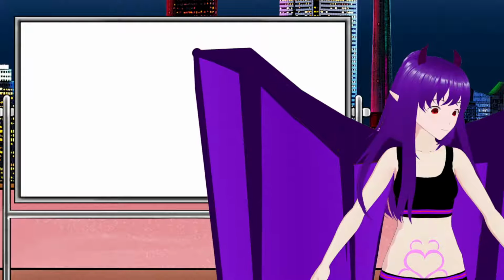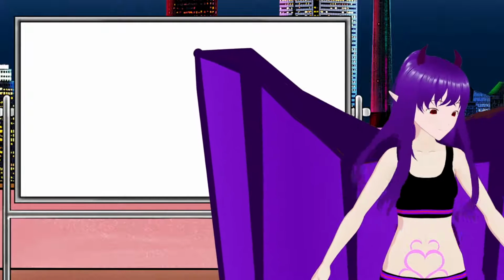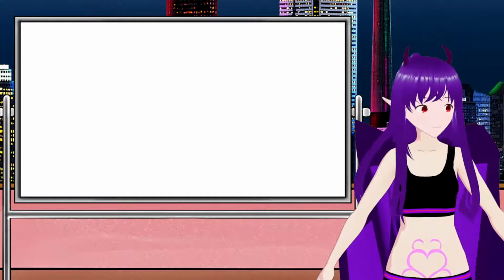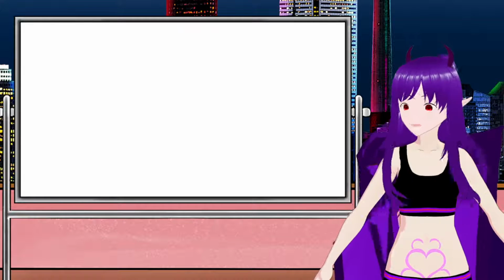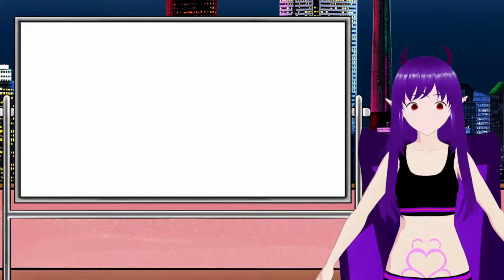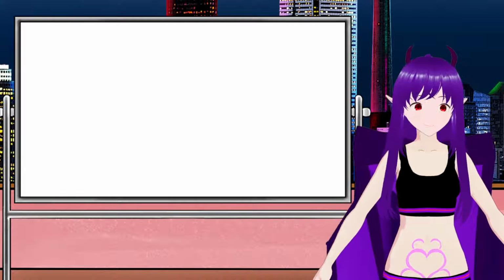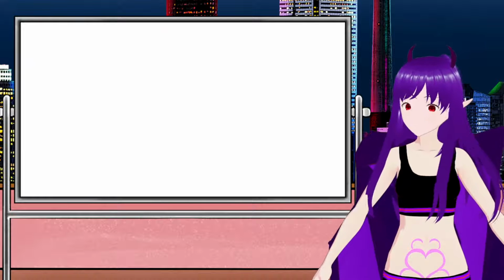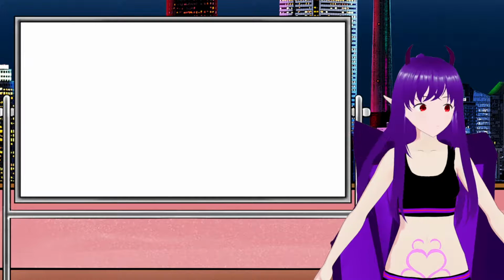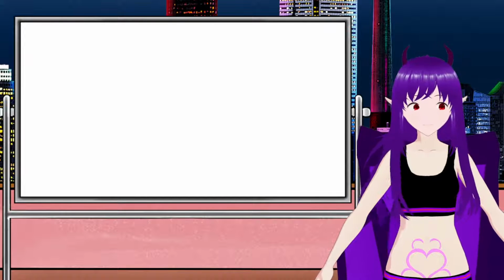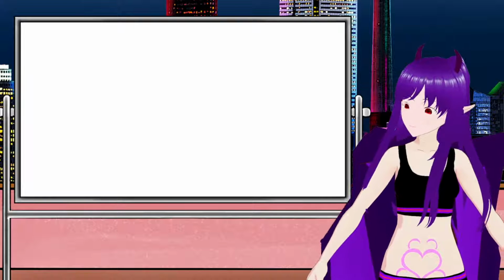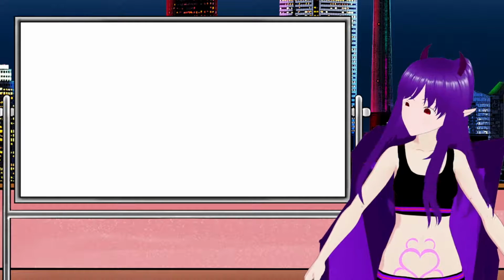So, today we are going to be working on the code that allows us to set the colors for the text depending on who is posting it. For example, with the current system, if I say something,